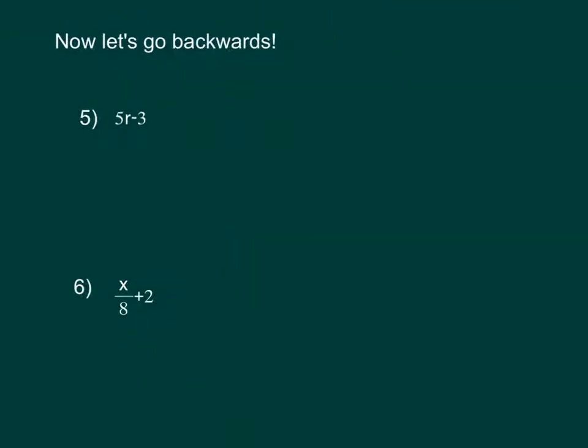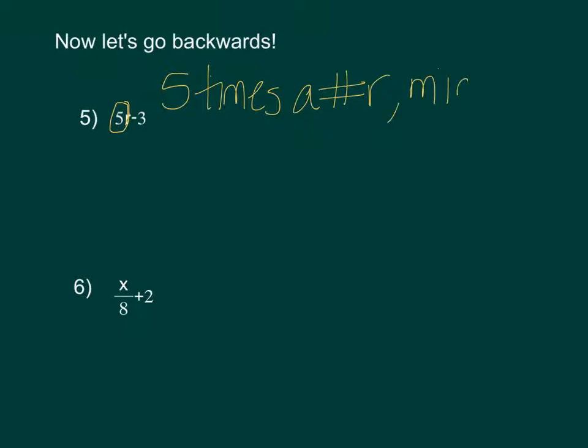Okay. Now we're going to work backwards. So this is 5r minus 3, okay? So whenever two things are together, you have to say what they're doing. So you can't write 5r minus 3, okay? You have to talk what's going on between the 5 and the r, and that's multiplication. So you can go 5 times a number r, okay, minus 3, okay. Or you can go the product, because product means multiplication,